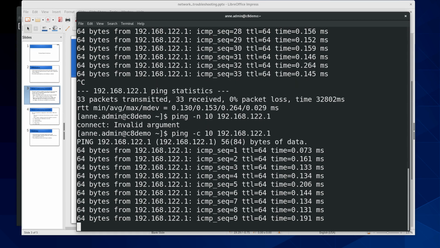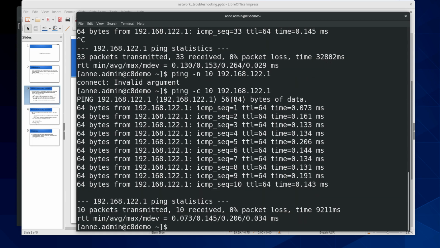And it will stop after it sends 10 packets and give us similar information. So for each packet, in sequence, did they get received? How long did they take? And then at the end, that overall detail of were any packets lost and what does our round trip time look like. So this lets me know I can reach another machine in my local network if I use its